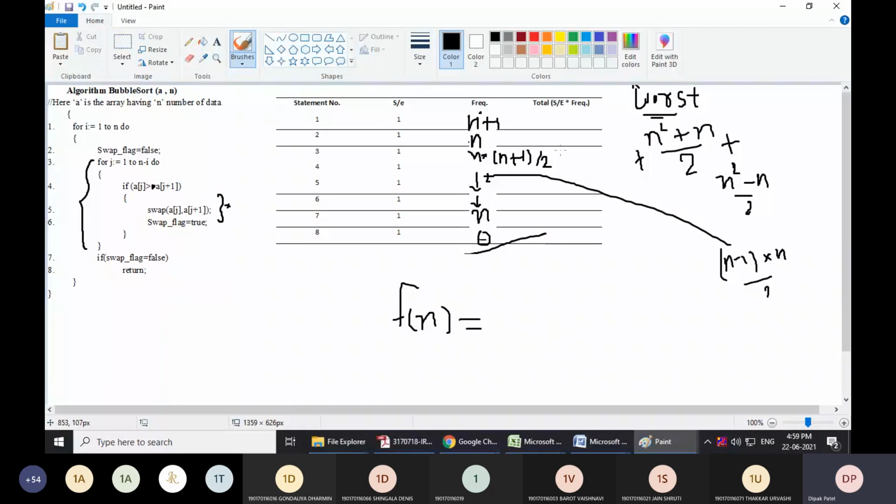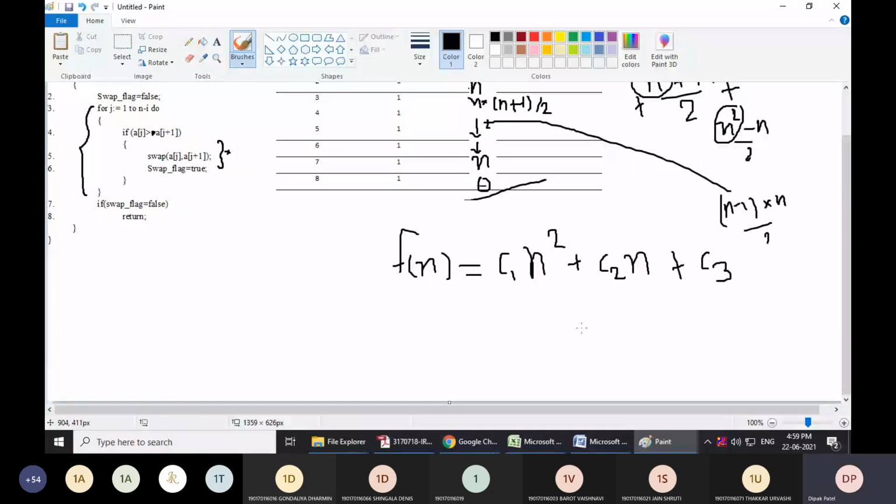Here, you can note down that we have an n squared component. So we'll have this kind of equation: C1 n square plus C2 n plus C3. Do you agree with me that we have an n square component? Did you get this?